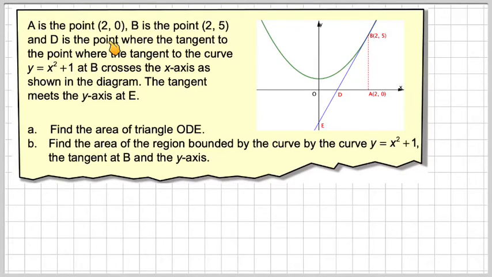A is the point (2, 0), B is the point (2, 5), and D is the point where the tangent to the curve y equals x squared plus 1 at B crosses the x-axis, as shown in the diagram. The tangent meets the y-axis at E. Find the area of triangle ODE,